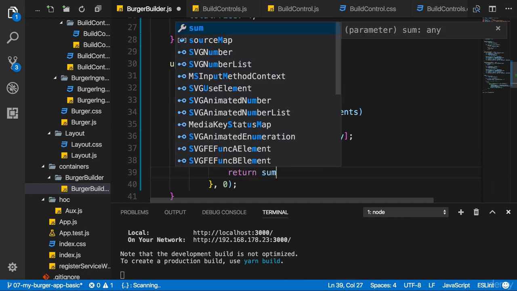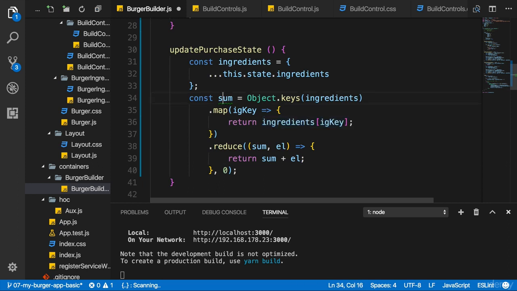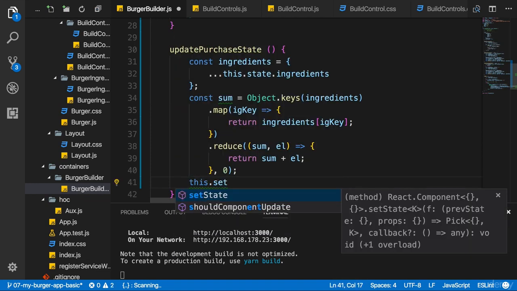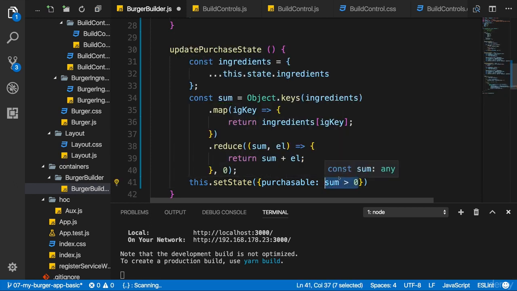And here I simply return the current sum plus the element, and keep in mind, element is a number because it is the value we accessed here. With that I got a sum constant which is 0 if we have no ingredients added, or any other number representing the total amount of ingredients. And with that I can simply call setState and set purchasable to, and now it depends on whether sum is greater than 0 or not. So I will set it to sum greater 0. This is either true or false. And it is true if we have at least one ingredient, then purchasable is true,